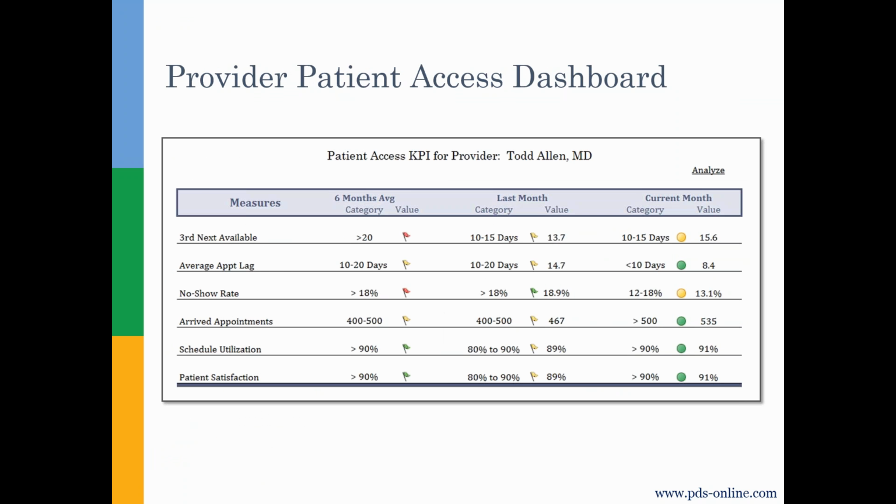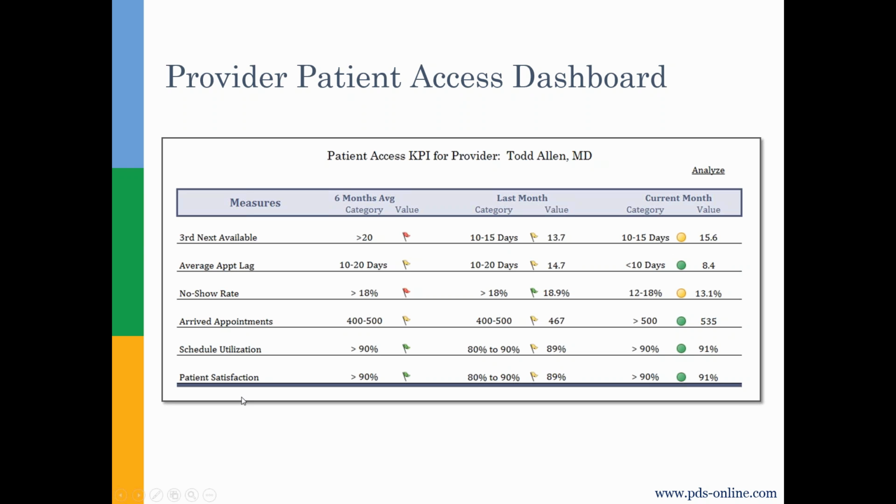This is another style of dashboard. A lot of organizations we have, they would email these out so they can show right up in an email. Could be opened up on a mobile phone, or they could also be delivered through the web. This is a style, one of our templates we call the KPI, and it's really meant to give 3 time point comparisons, something we didn't see on that other dashboard, where we can see the 6-month average across our different metrics, their next available, appointment lag, no-show rates, both arrived and scheduling utilization,